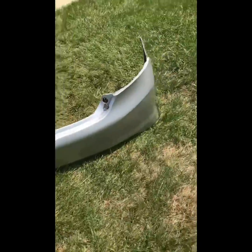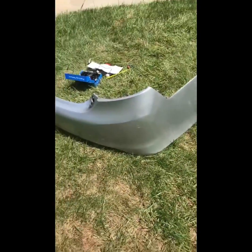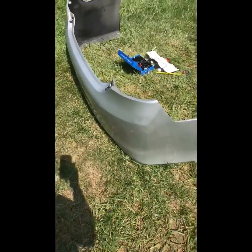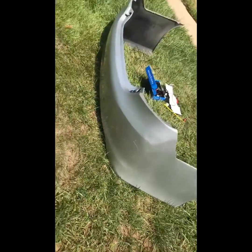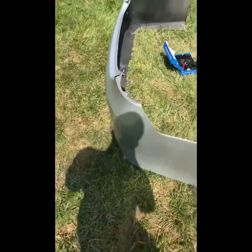Yeah, and hopefully prevent more damage from the back. And this looks nice, except for the scuffs and stuff like that, but it doesn't look like it's been in some major, I mean, it wasn't a major accident anyway, but yeah,